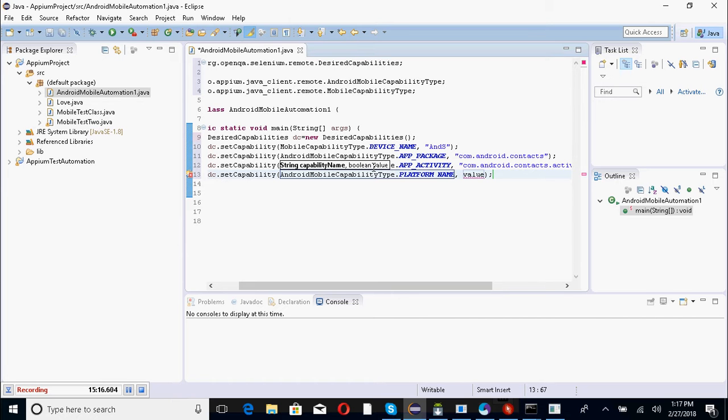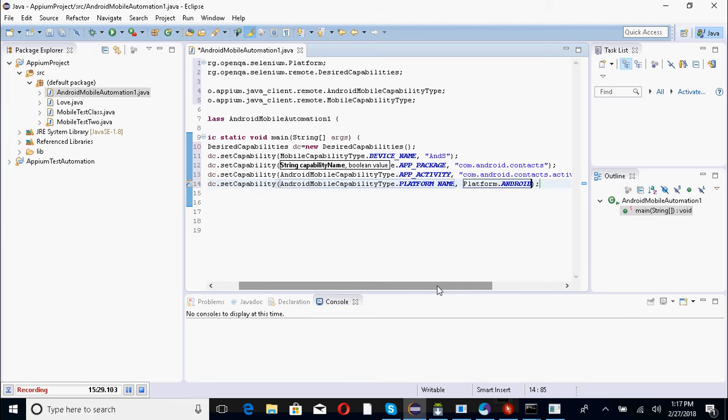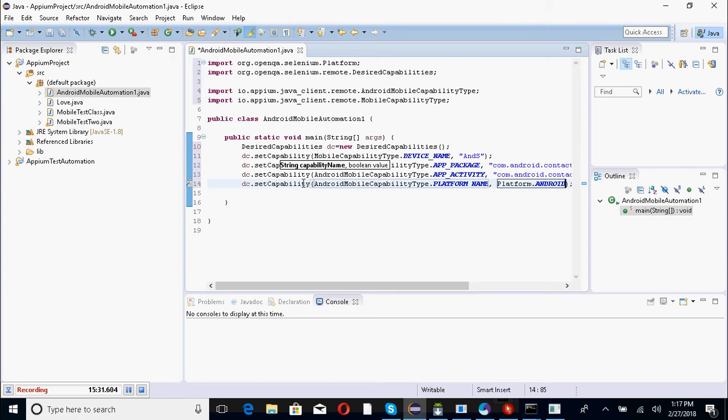So I have to assign the platform name. Platform is Android. Okay, so far I have created one object of desired capabilities, and then I have assigned 4 values to the object. I have assigned device name, app package, app activity, and